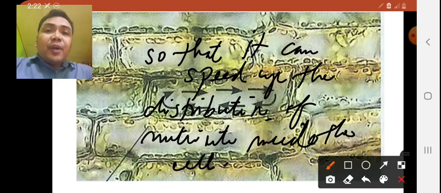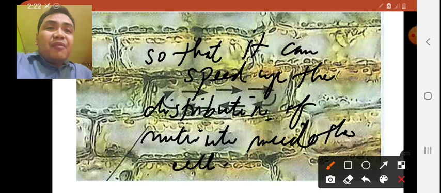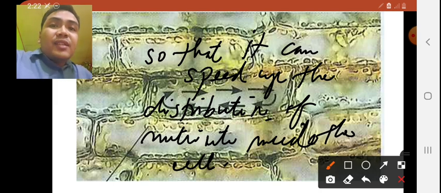Recall that different parts of the cell should have enough nutrients so that they can perform well. And it will be delivered by the cytoplasmic streaming, which is the circular flow of the cytoplasm caused by the